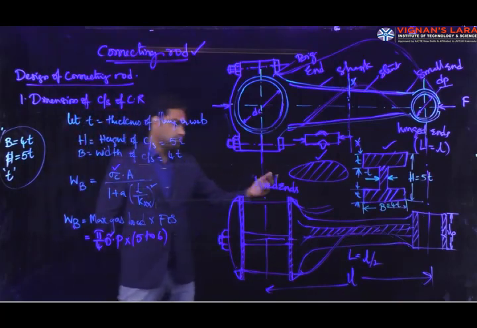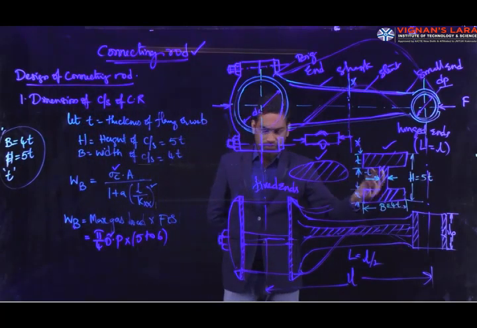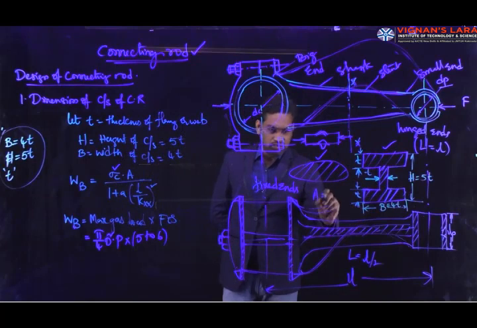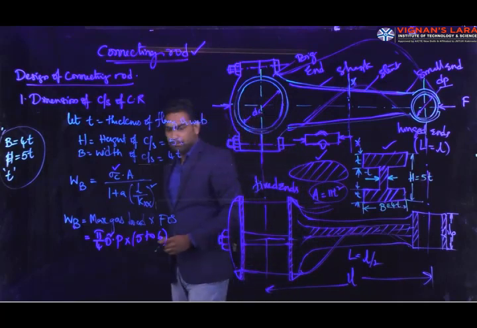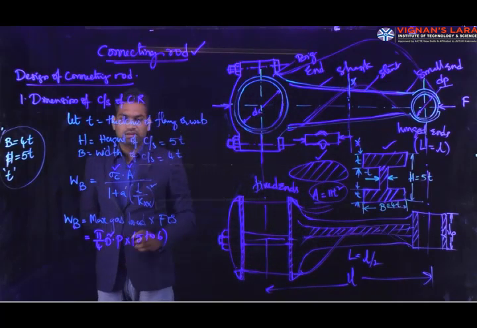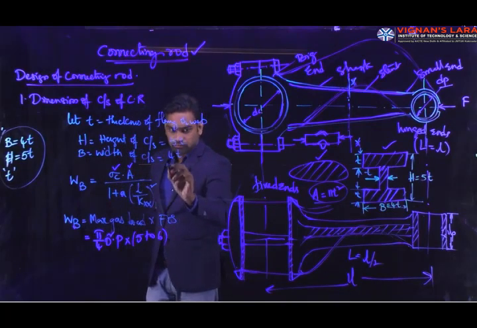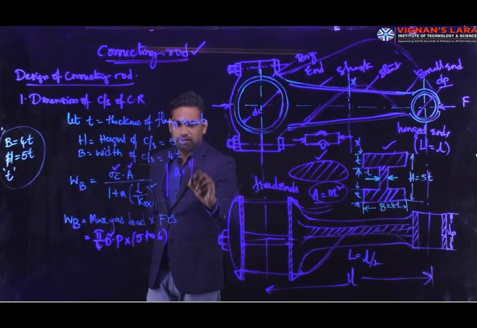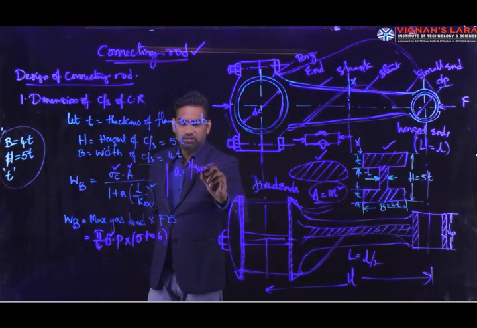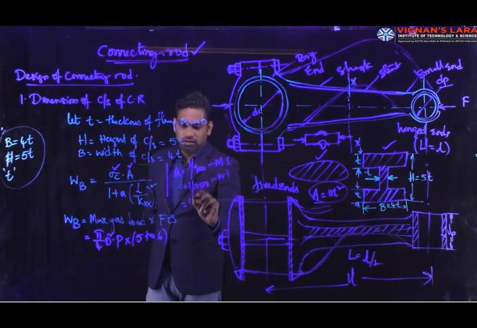We can calculate the cross section area in terms of t. The area of cross section is given by 11 t square, which you can substitute here. After that, small a is a constant. Small a is 1 by 9000 for mild steel, 1 by 7500 for wrought iron, and 1 by 1600 for cast iron. So this is the constant value for small a.